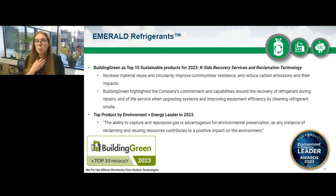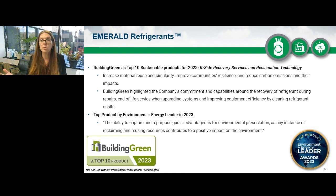We were very fortunate with Emerald last year to be recognized by two industry organizations. Environment Plus Energy Leader awarded us as a top product for sustainability last year. The ability to capture and reuse and reclaim and the avoidance of greenhouse gas emissions with Emerald refrigerants was recognized by Environment and Energy. And then Building Green, a really well-recognized environmental publication that's been around for many, many years,